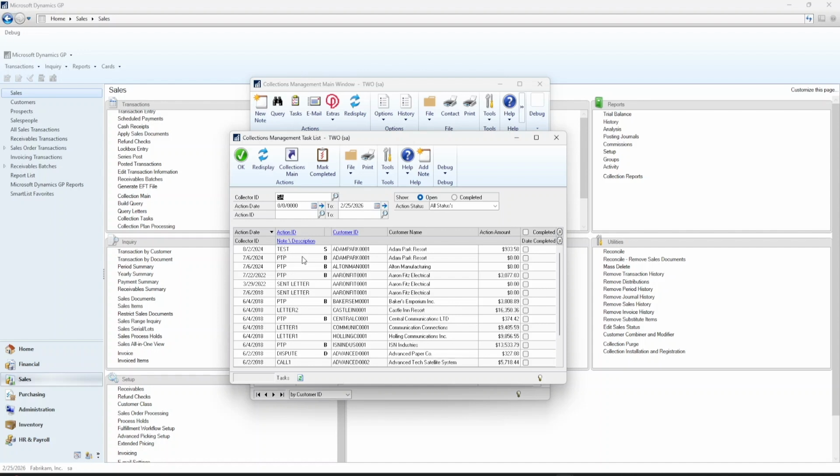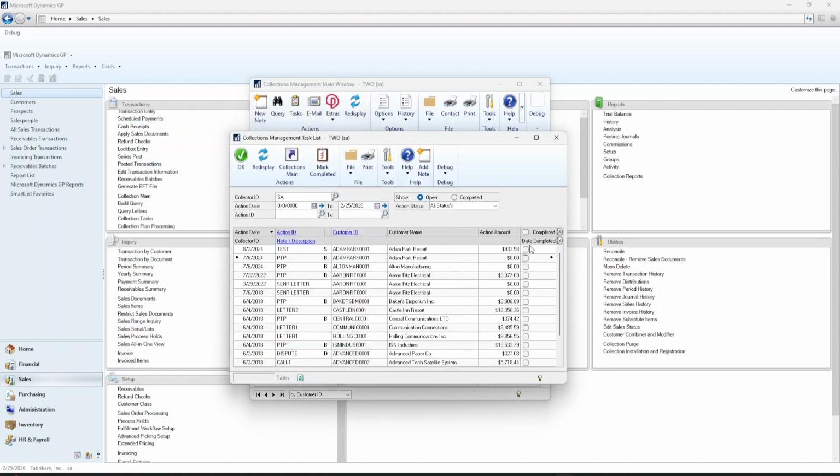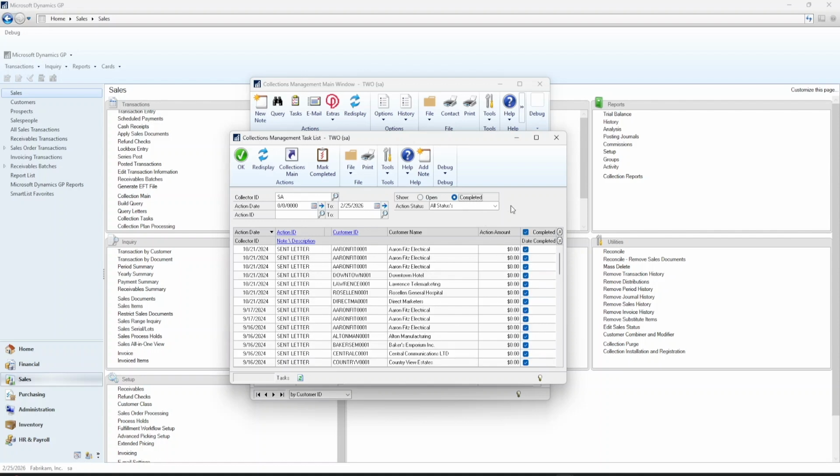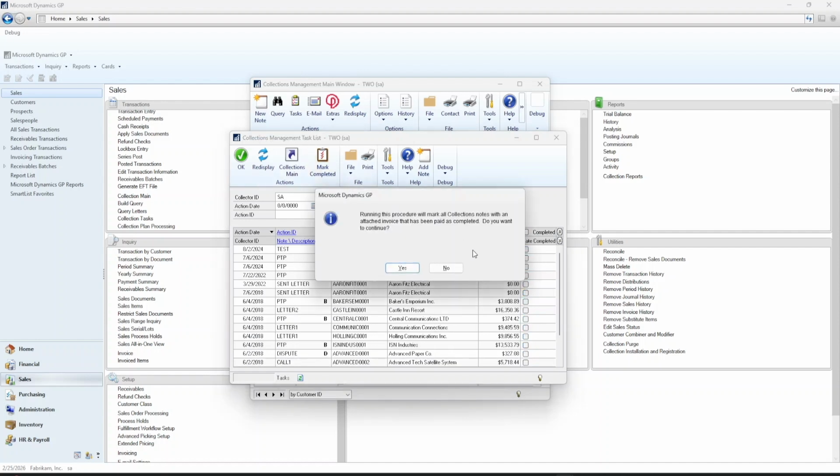And you can see here that we have this note description field once again. This would allow us to drill in and review that specific note. If you wanted to, you can manually mark them as complete by hitting this checkbox here. You can review all of your completed tasks from this window. And then as I previously mentioned, we have this Mark Complete feature. We do give you a little description there on how that's going to work, but as I previously mentioned, as long as those invoices are being fully applied within GP, Collections Management is going to recognize that and automatically complete